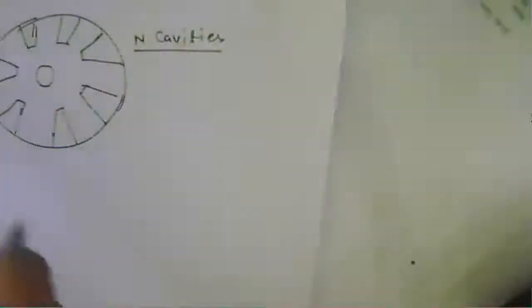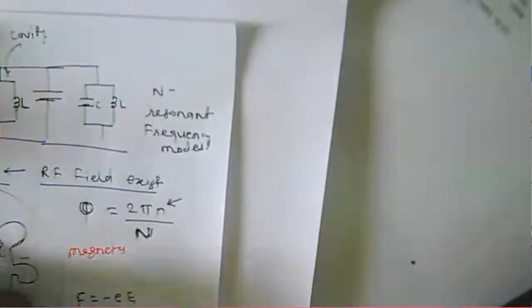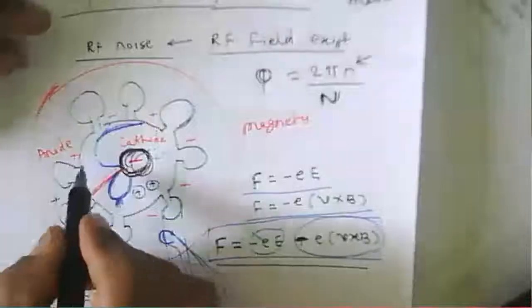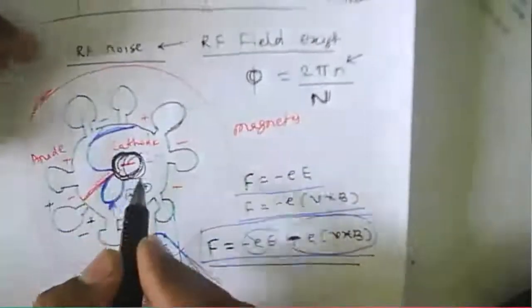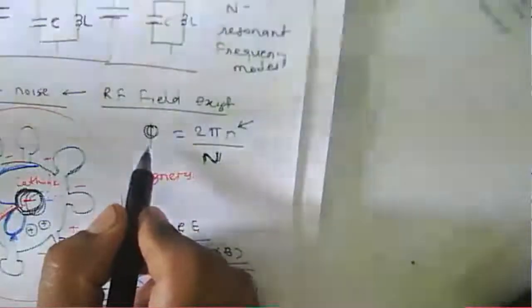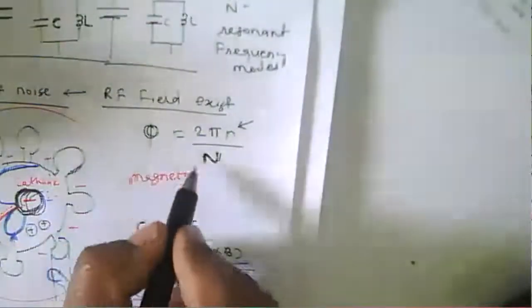So that phi is about your phase, because the total periphery is about 2π, and that is about the number of the nth mode. This is nothing but the nth mode of oscillation occurring. And because of that, the electron interacts in the given field, so energy will be transferred to the RF field. So we will get that mode there.